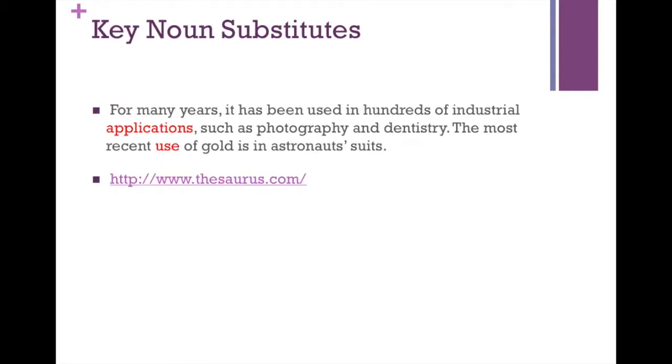The second strategy is about using key noun substitutes. Key noun substitutes refer to replacing a word with a synonym. This is a very essential strategy for avoiding redundancy of keywords in English writing. In the example paragraph, the writer replaces the word application with use, and they have the same meaning. Although the writer could repeat the word application, the writer selects another similar word, use, here in order to avoid